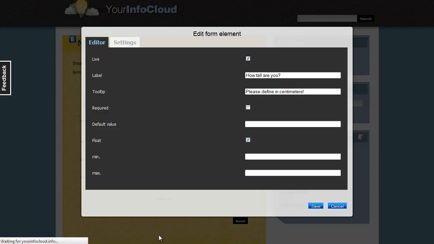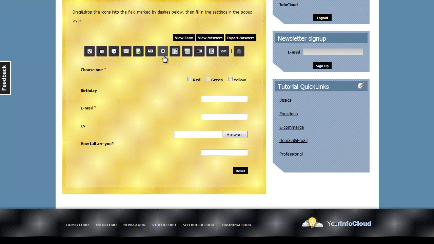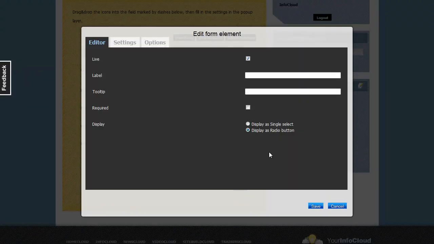And then click Save. This is a radio button, which is very similar to a checkbox, but here by default you can only choose one answer. Which job are you applying to? Required, and then we'll go to options